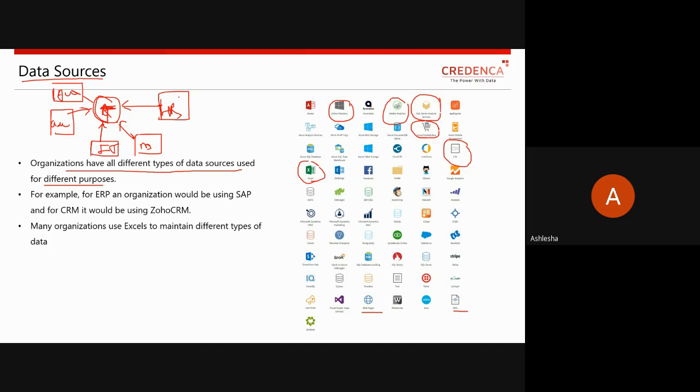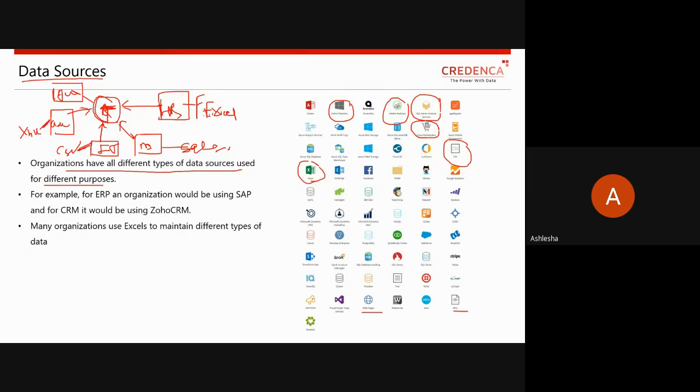And it is not the case that every department maintains its data in the same place. Suppose the HR department maintains their data in Excel format, the marketing department maintains their data using SQL Server, the IT department maintains their data in a CSV file, and the automobile department maintains the data using, say, a web page or XML file.